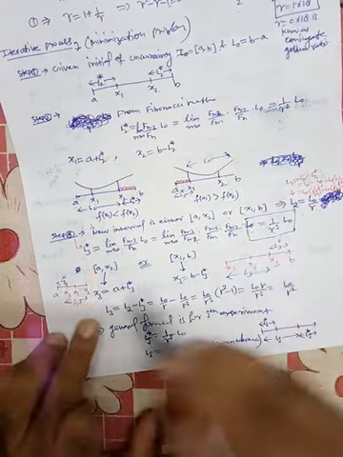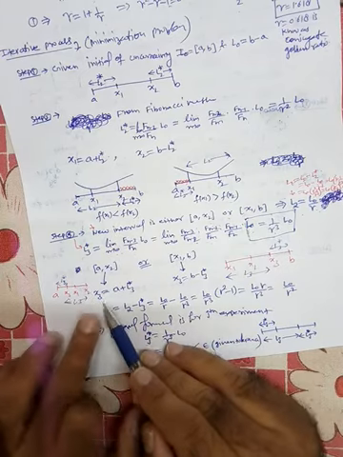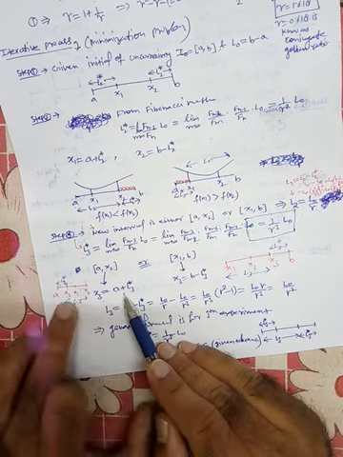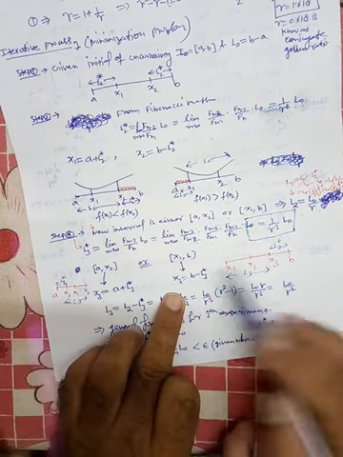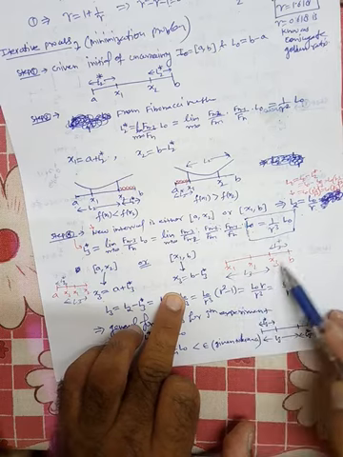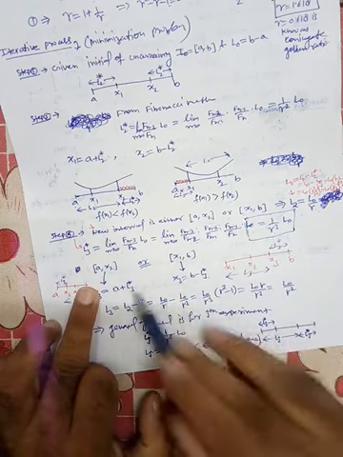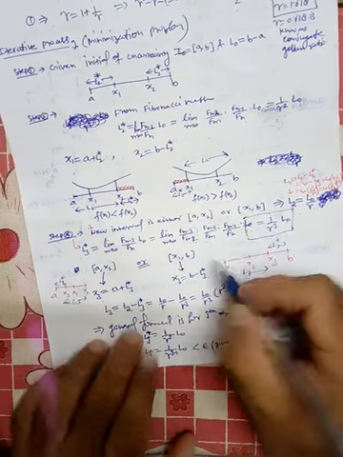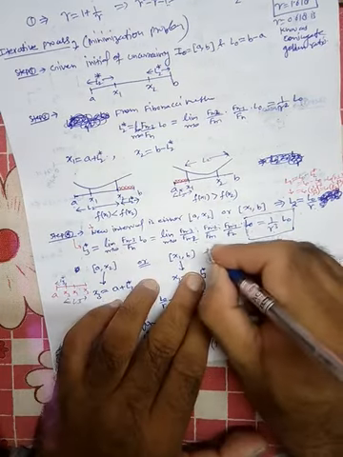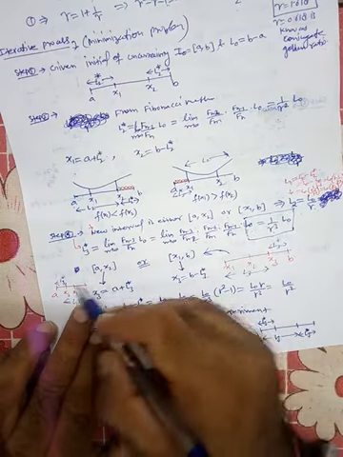So what is L3 star? We have already evaluated. Then if you are selecting this interval a to x2, x3 will be a plus L3 star. And if you have selected this part, that means this interval, then x3 will be b minus L3 star. So we have taken both these cases. This is from this interval, and here this is from this interval.